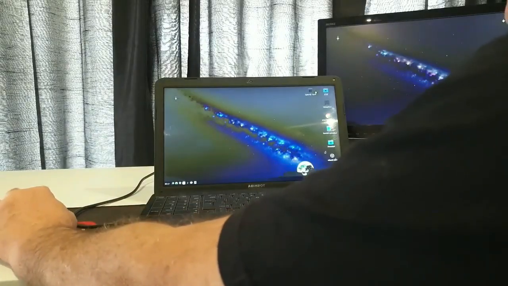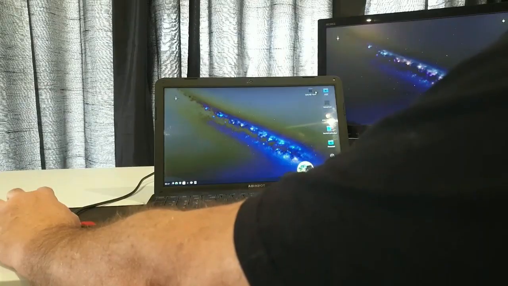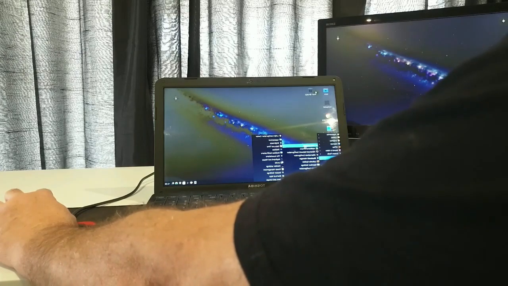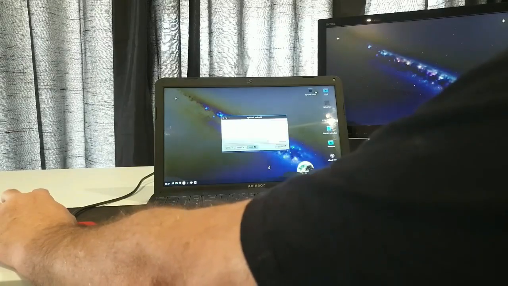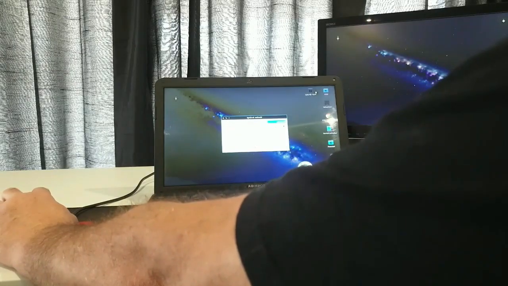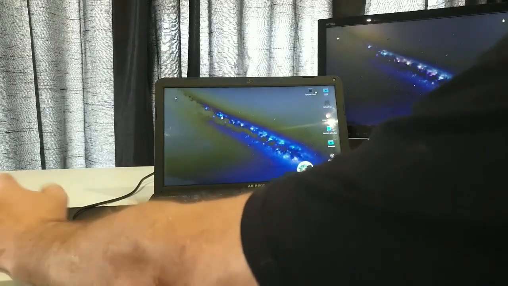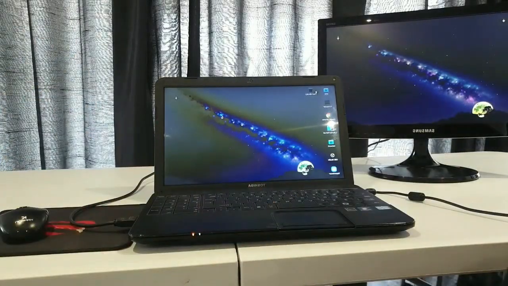Now if it doesn't give you your extension, you go down to this Linux Ubuntu logo, click on it, go to Preferences, LXQT settings, and you will see Monitor Settings. Once you open up Monitor Settings, you can see your 2 screens, and you can set the position how you want it and all of that. So it's easy as that. You play around with Linux, and then you can.